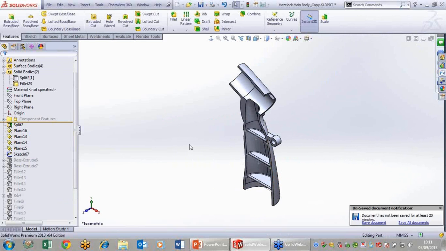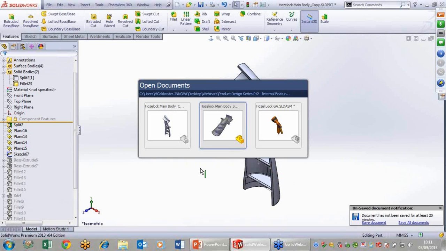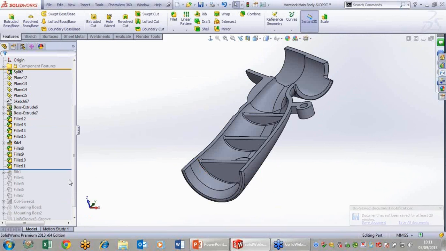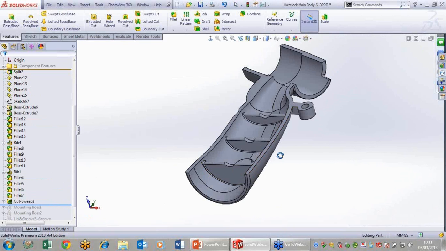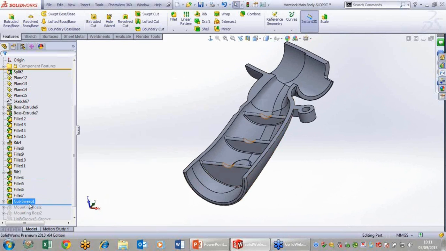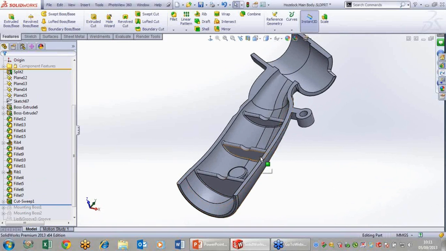Okay, if we go back to our built model, we'll just have a look at the next feature we're going to create. So the next one we want to create is a cut sweep. Now we're going to create this so that because it is a hose gun, water needs to enter from the rear through the handle and out the nozzle. Now I know this is not the perfect design, but it's just going to give you an idea of what we can do to get that water through. So if we go back to our model,